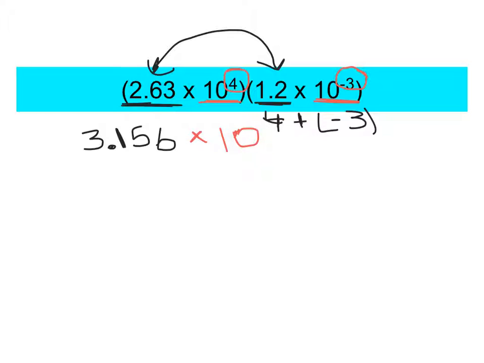Alright, so the first thing you'll notice is that your signs are different. You've got a positive 4 and a negative 3 that you're adding together. So I'm going to do this out for you on the side. That's the same as saying 4 minus 3, which is 1. Your larger number, which is 4, is positive, so our answer is just going to be a positive 1 for our exponents. So to write this in scientific notation, we'll write